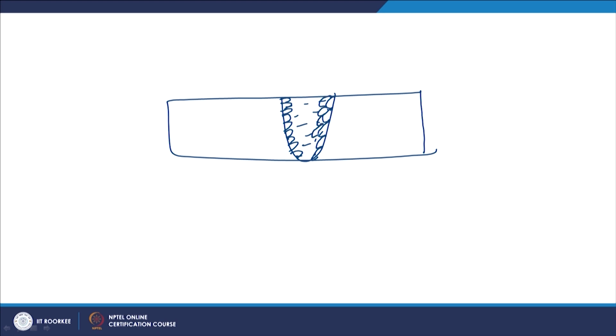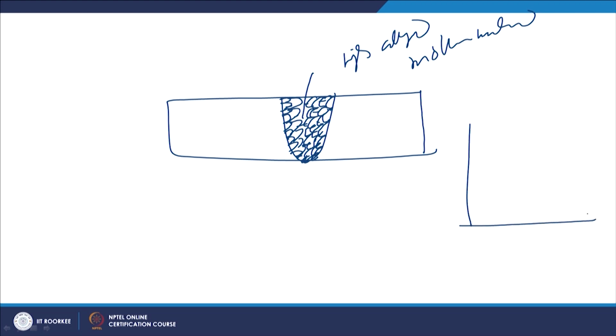So, as the solidification progresses from the fusion boundary towards the weld center, what we will notice is that alloying element concentration will keep on changing, and alloying elements will be enriching, especially in the left out liquid metal, and at the end we get the high alloyed molten metal. And we know that the pure metals have the higher solidification temperature as compared to the molten metal having the higher concentration of the alloying elements. So, that is what we can see simply from any phase diagram.